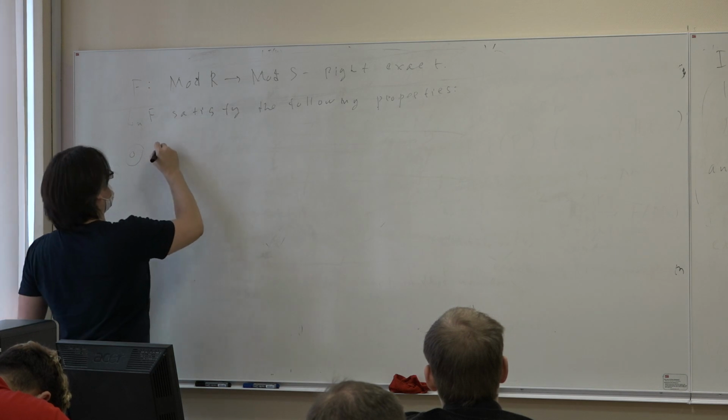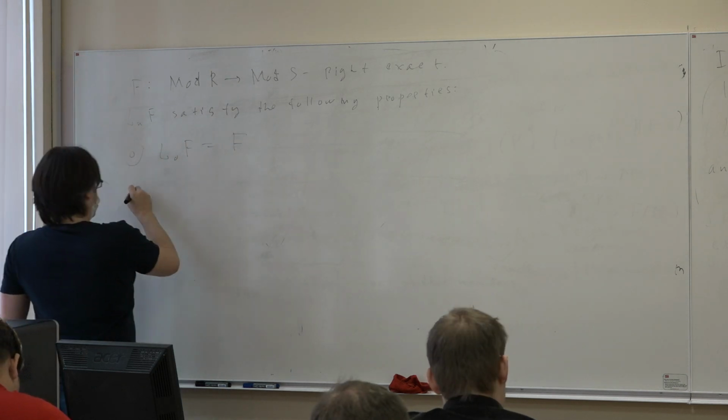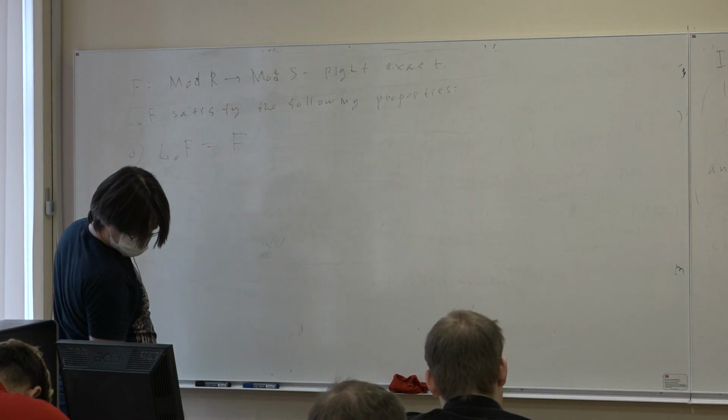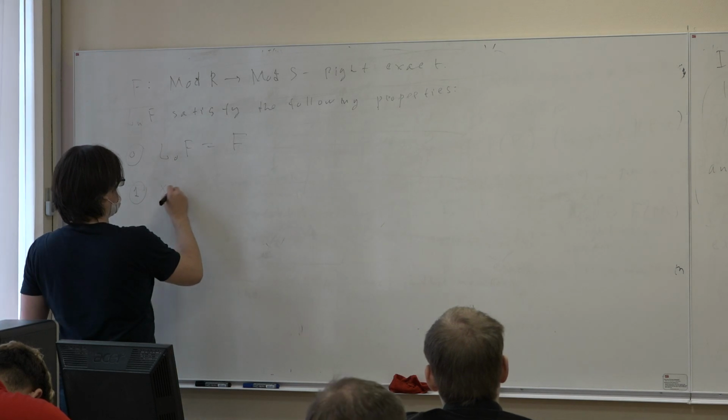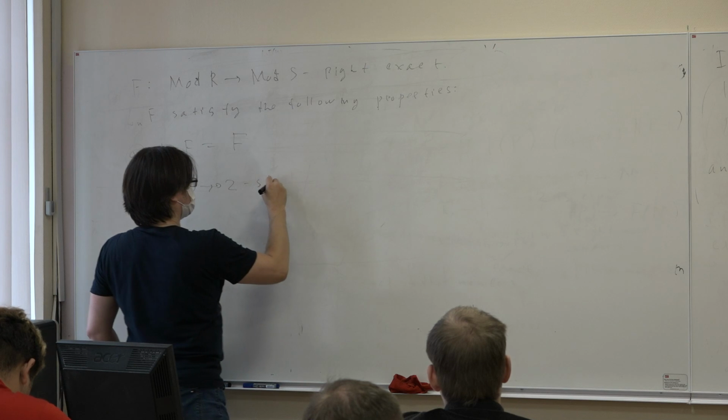Property 0 is that L0 F equals F. Property 1. If X, Y, Z is a short exact sequence,